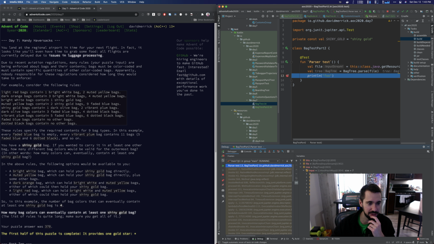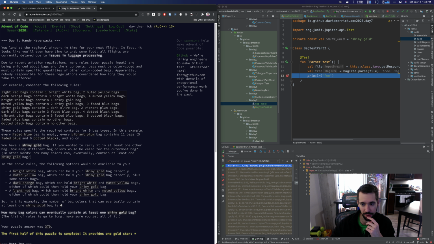Tree input, we have 7 parents. Let's say light red can contain 1 bright white bag. Key light red. So bright white, good, count 1. Muted yellow, count 2. Yep, looks good. Dark orange can contain a bright white and muted yellow, yep. Yeah, and so we can just traverse this downwards and get all of the, we basically just want to get,